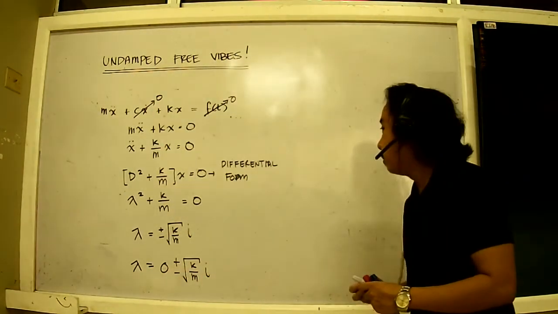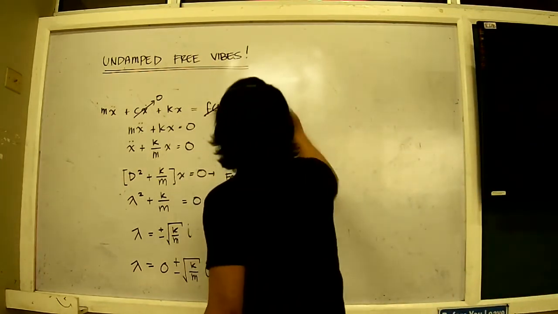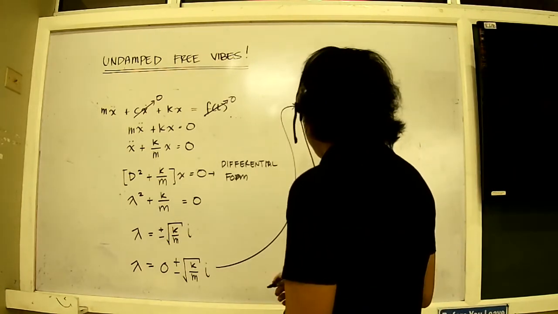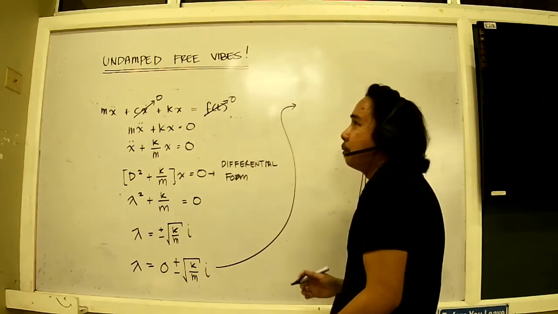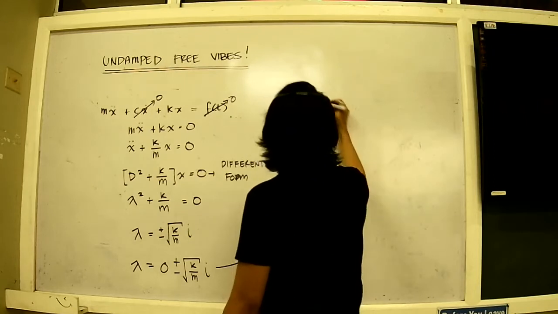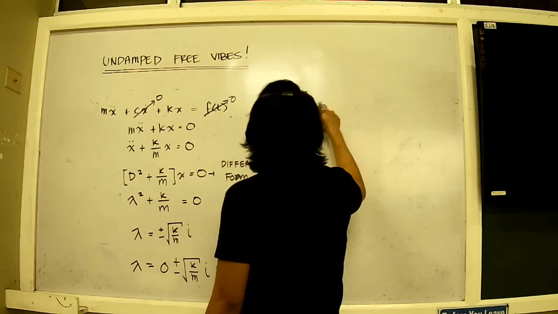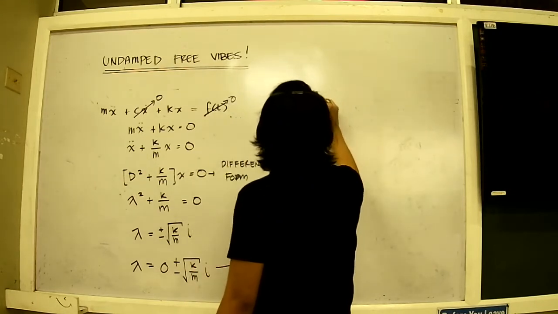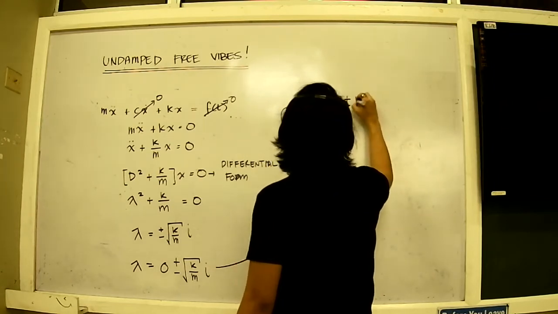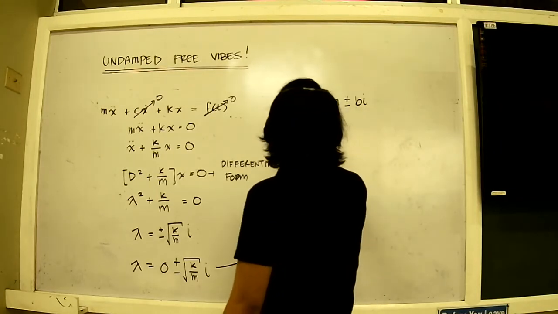We're basically playing with differential equations from here on out. Now, I would like to take this expression here and solve it. As we recall from ordinary differential equations, its solution should be of this form. If lambda is equal to a plus and minus bi, the corresponding solution would be equal to,